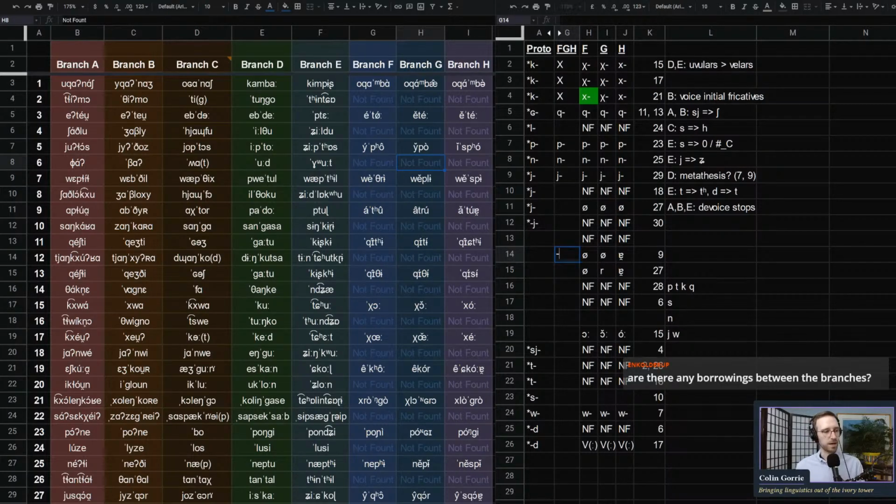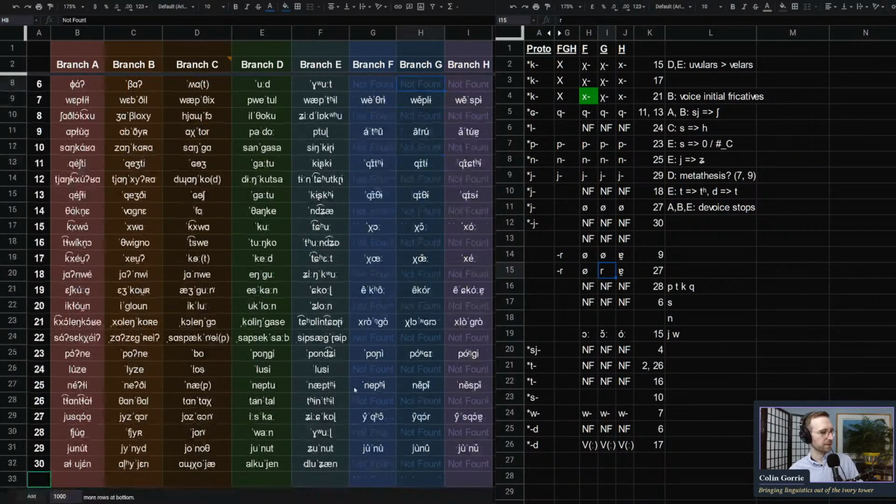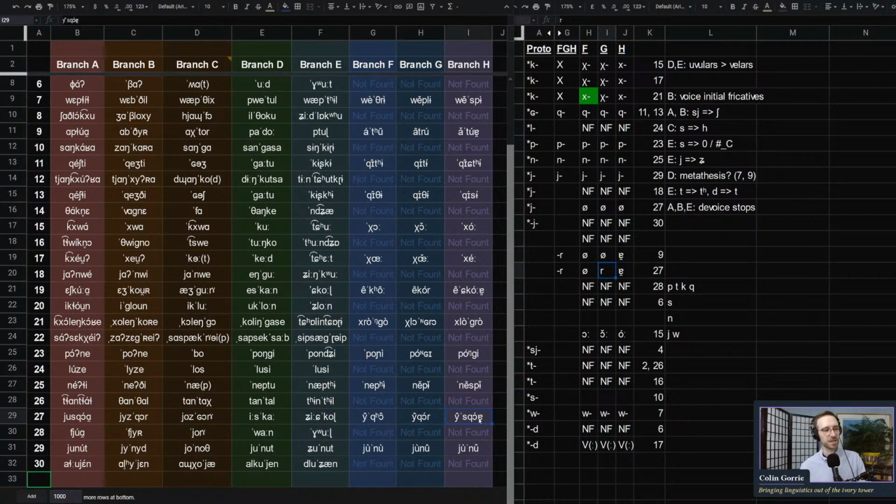Here I think we do need an R. Because first of all, we have an R showing up in 27, and then we have this ghost of an R off-glide in branch H, and nothing in branch F. And we also need this W. Otherwise, I think this is some kind of an O. What is this from? 19, from 15, and probably long.